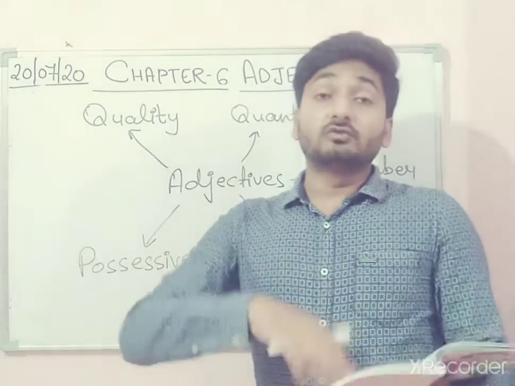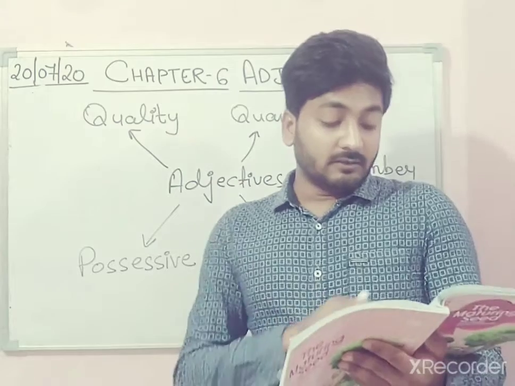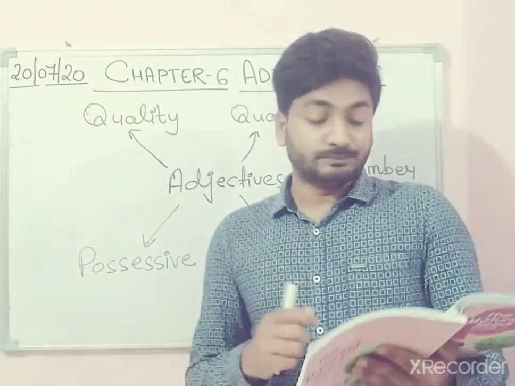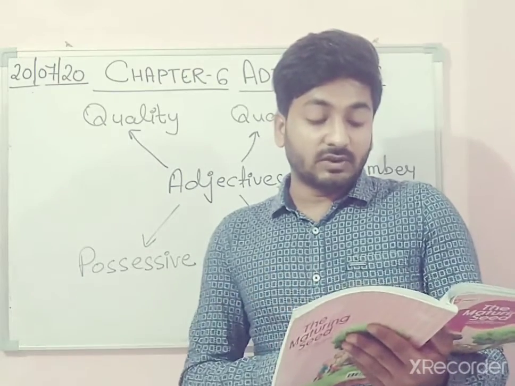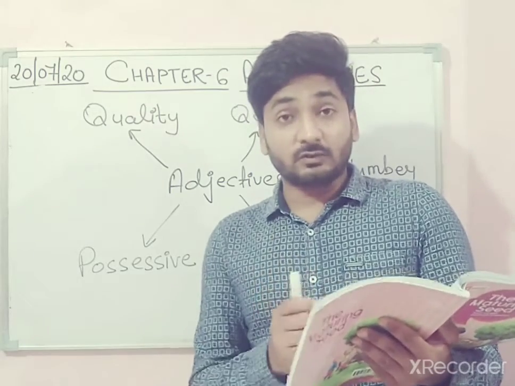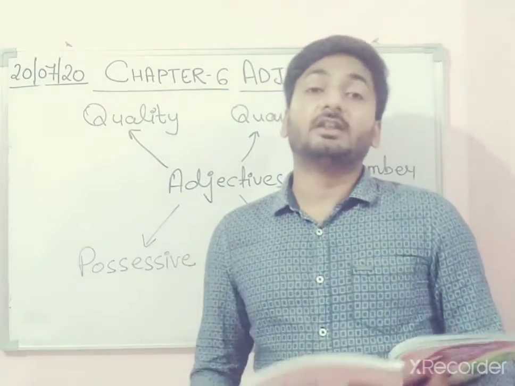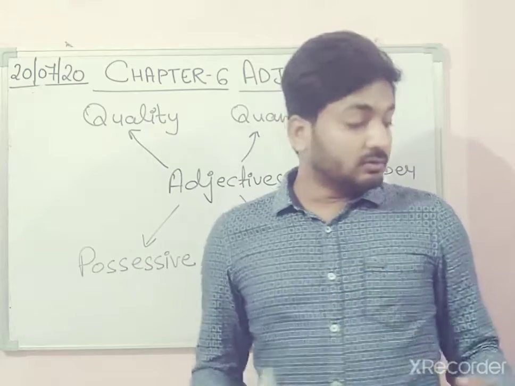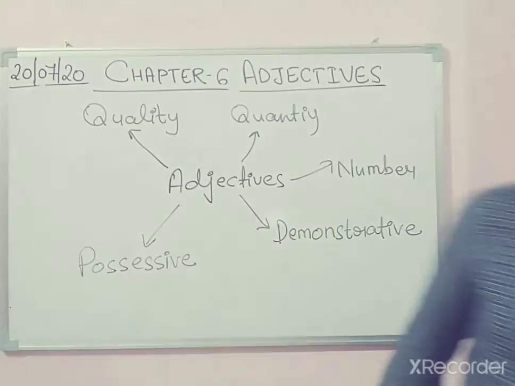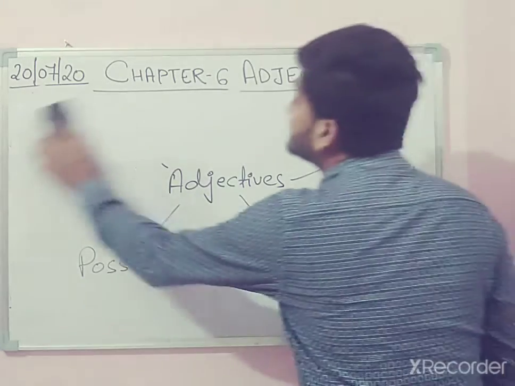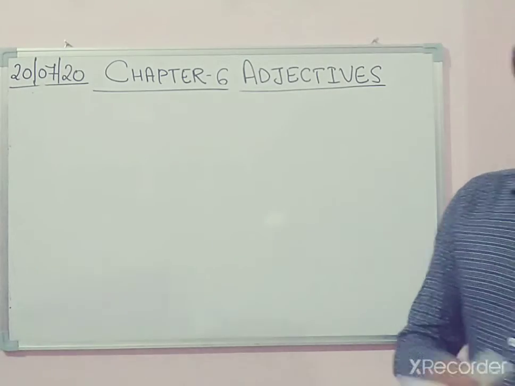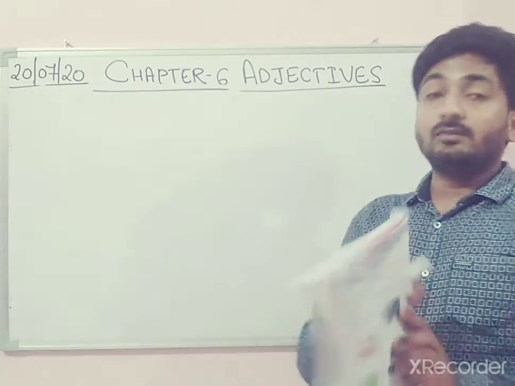For tree you can use huge or green. For number 5, for bird you can use tiny and its color you can write blue. And for number 6, it is a snowman, you can write cute because it's looking cute. And you can write huge because when you make an ice man with ice, it will be huge. So we will do exercise 6b, which is given on page number 41.